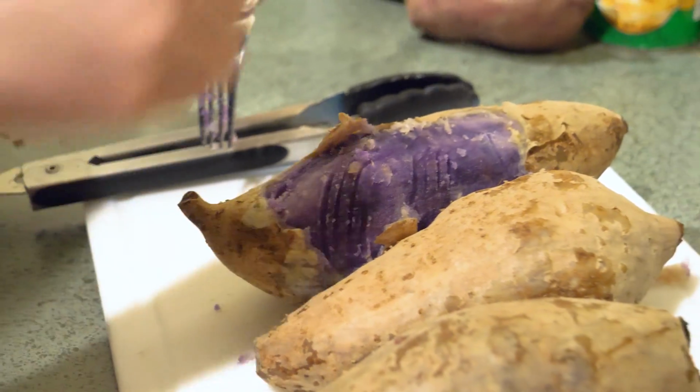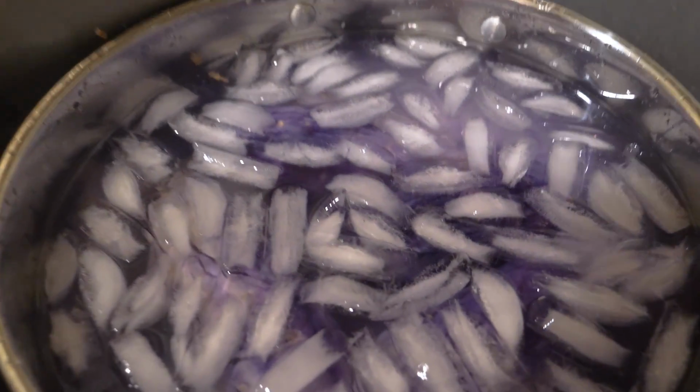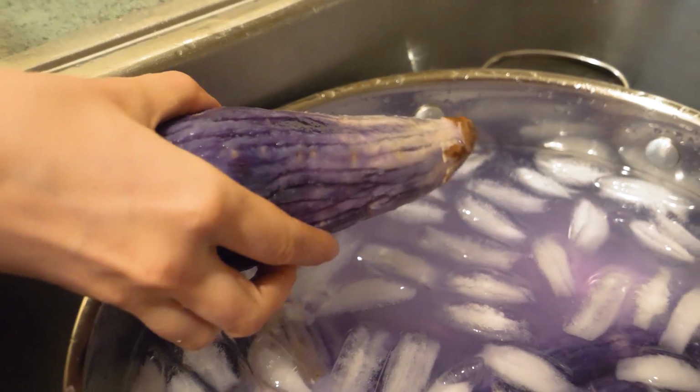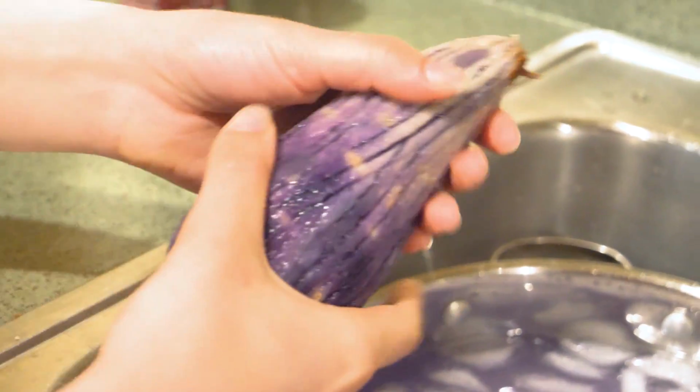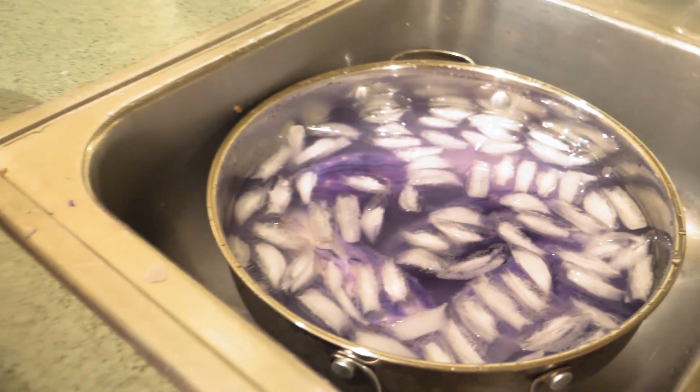We'll just put those peels off to the side. So we have cleaned them up. We have taken off all the skins on all 4 of these, and we place them in this water bath basically because we are going to grate them and, you know, cut them into fine little pieces with the grater, and we don't want to burn our hands while we do that, so that is why we use the ice bath. And they are cooled off now, so we are going to